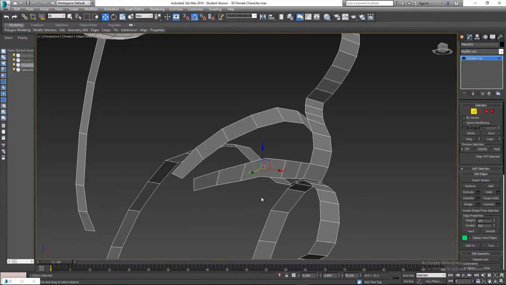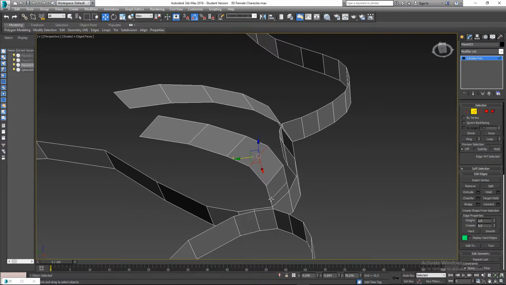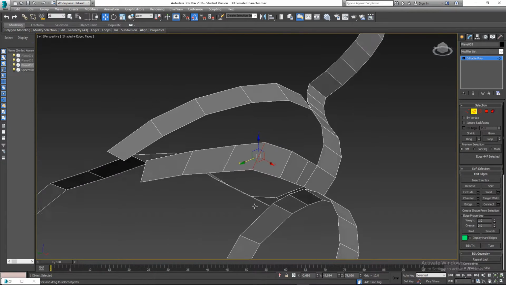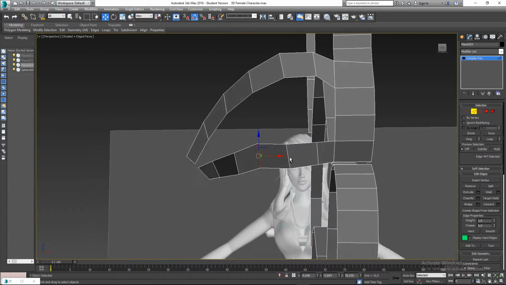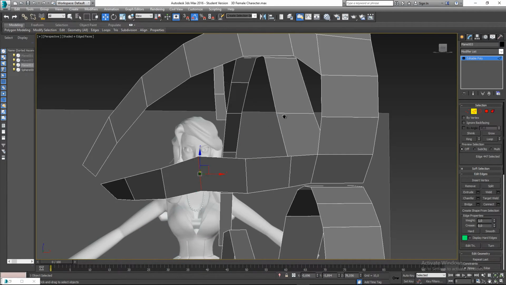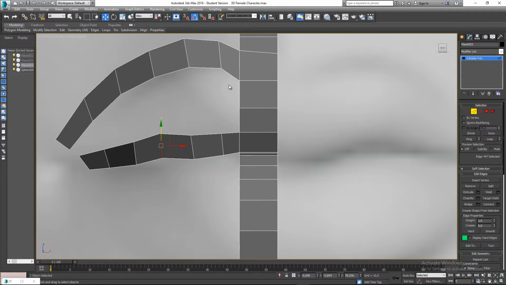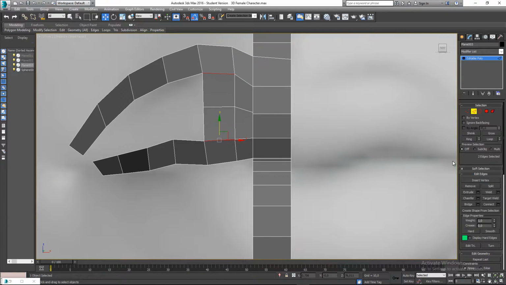Okay, so next thing that we need to do is to go and bridge these segments together. Okay, so I'm going to go to my front view and select this edge and that edge, and then I will bridge that. I'll go to my bridge settings and I'll go to 2 segments because I have 2 segments over here. Okay, then I'll click on this little plus sign and then I'll click over here, hold down control, click over there, and